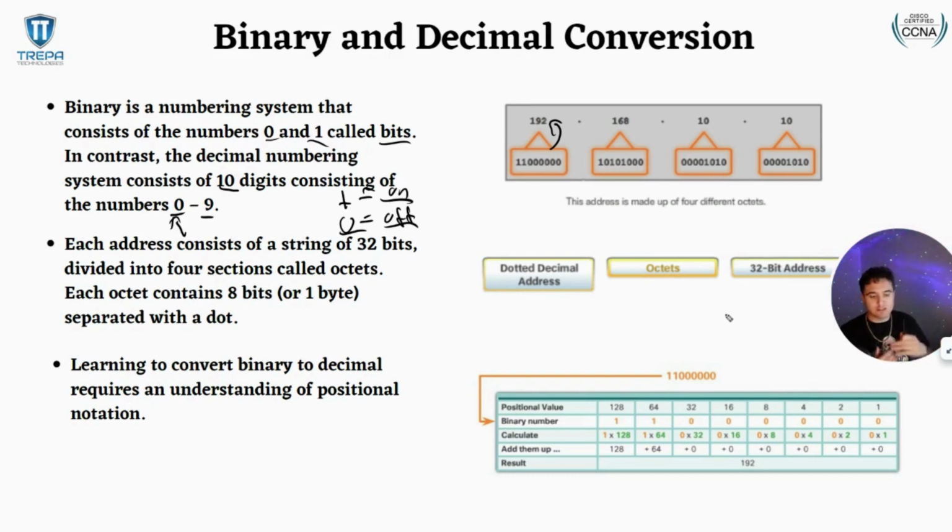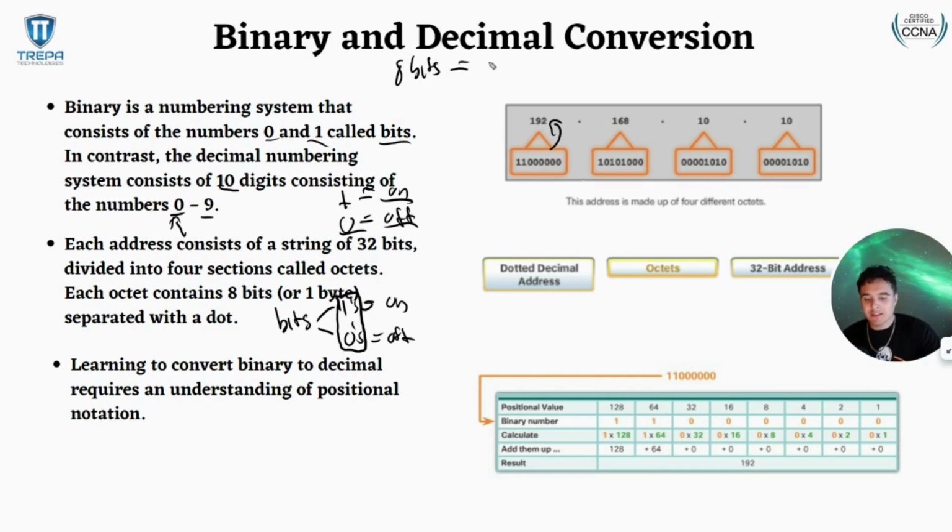So again, let's take a step back. Bits are either ones and zeros. One is the on bit, 0 is the off bit. And this is how computers and machines communicate. All your data can be broken down into bits. And then when we start categorizing our bits, 8 bits equals a byte. And then if we get into our different speeds, like we have been over in our lessons,